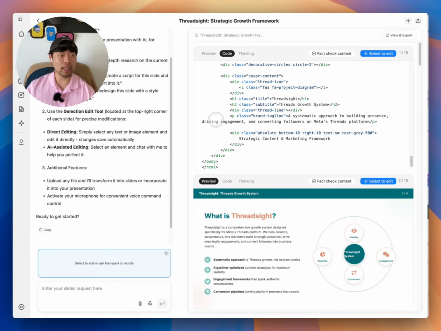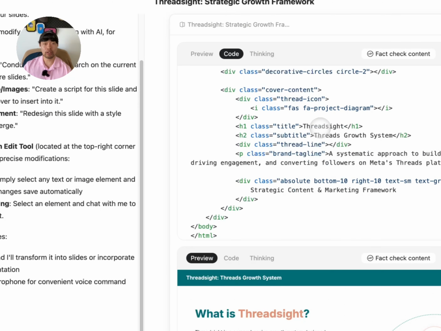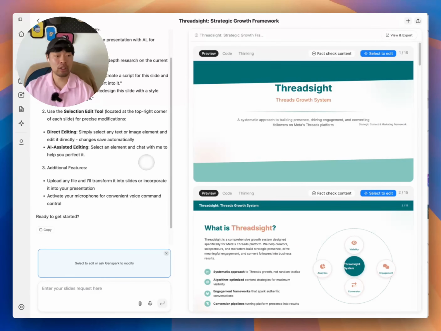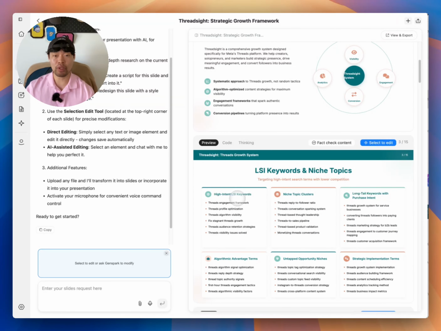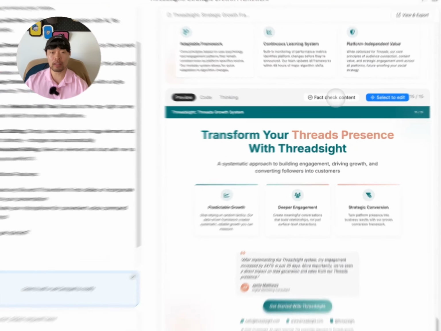Okay, I think if you know HTML, you can just change here directly, or no? Okay, so every time I want to change something, it's not like Canva. You have to ask Genspark to modify the slides. So that isn't ideal, in my opinion. But the cool thing is you can fact check content.